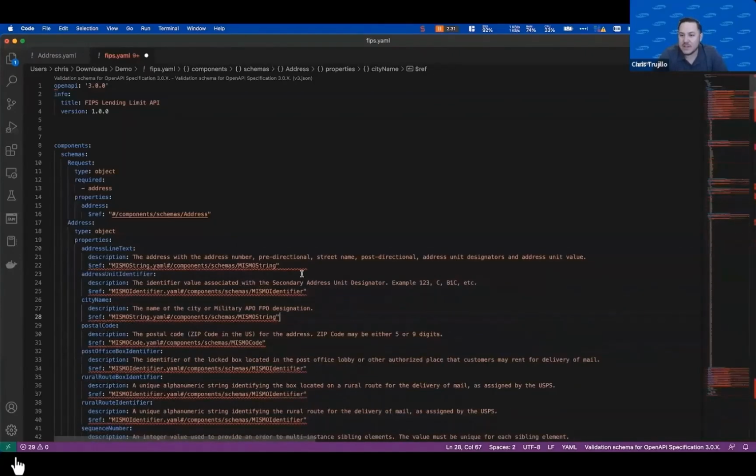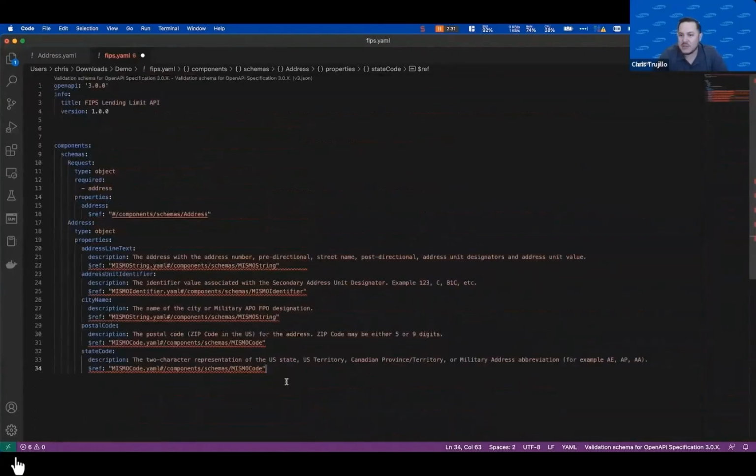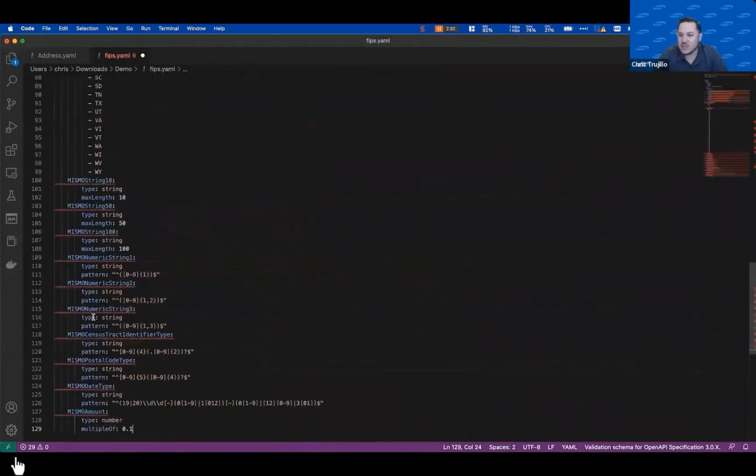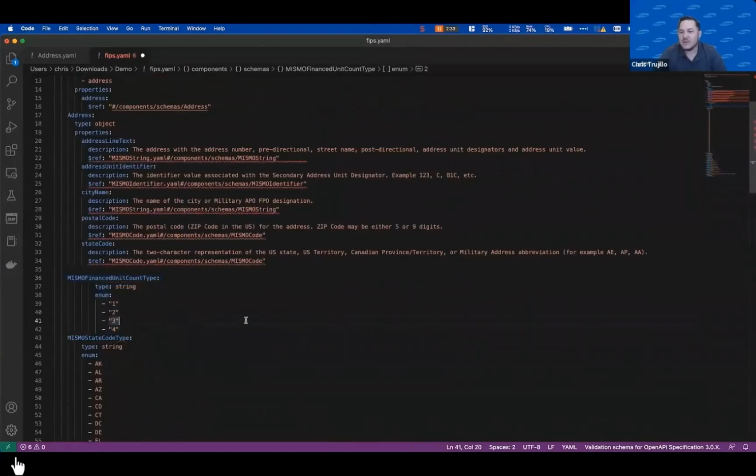As you see, we have address line text, and what we're left with for the address object that's under request is just the fields we need identified. Fast forwarding a little bit, there are some MISMO types defined. In the MISMO engineering guideline and updated iGuide, there's some guidance that you can further restrict these constraints to match